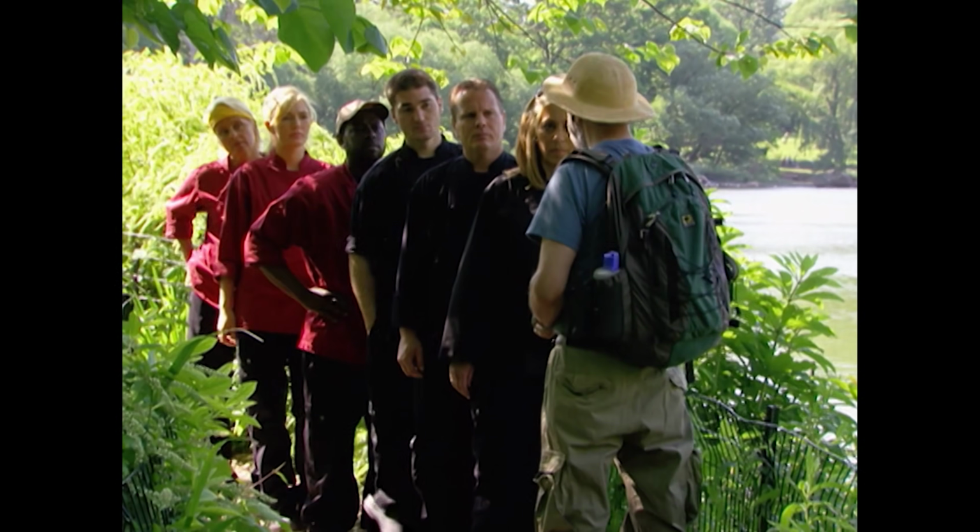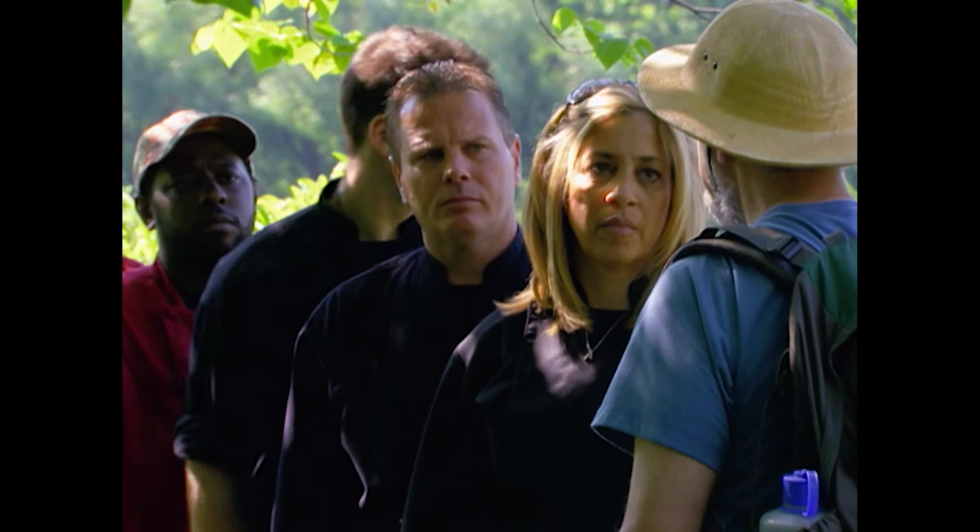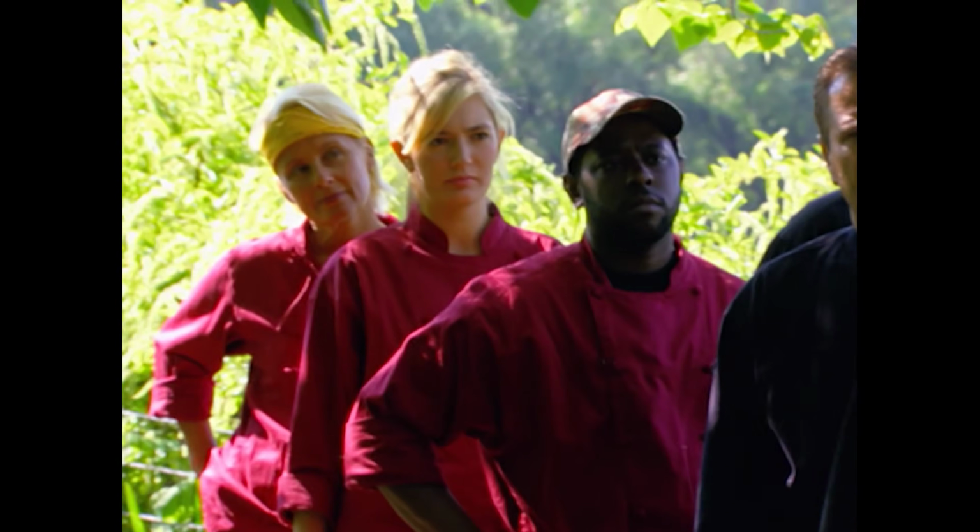Central Park is an amazing place. There are so many wild foods: herbs, greens, berries, nuts, seeds, roots, and mushrooms. Things that taste way better than anything you can buy in the store. But if you pick and eat the wrong thing...